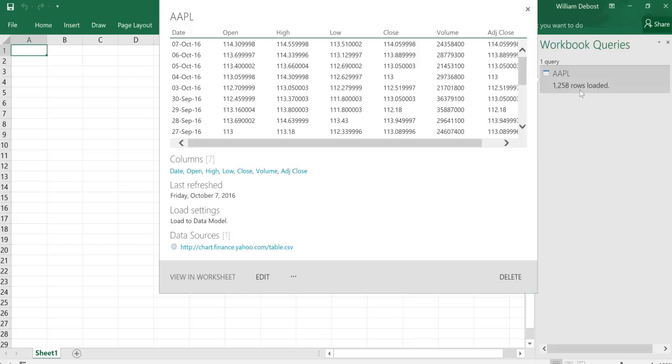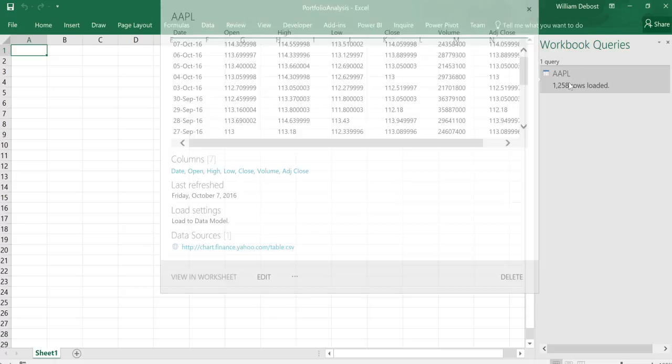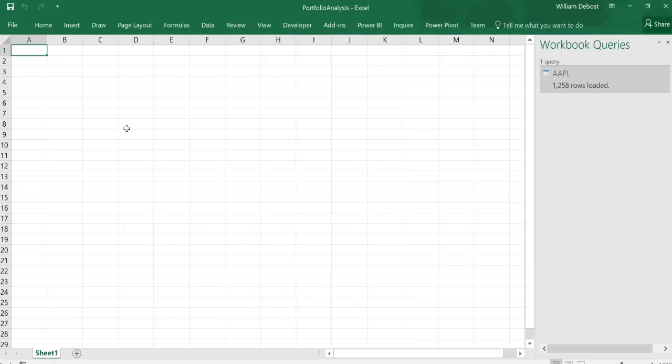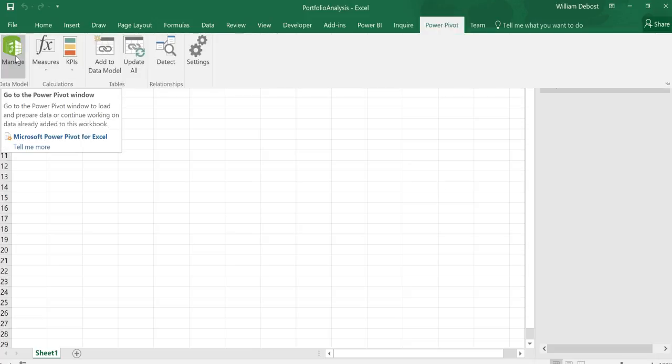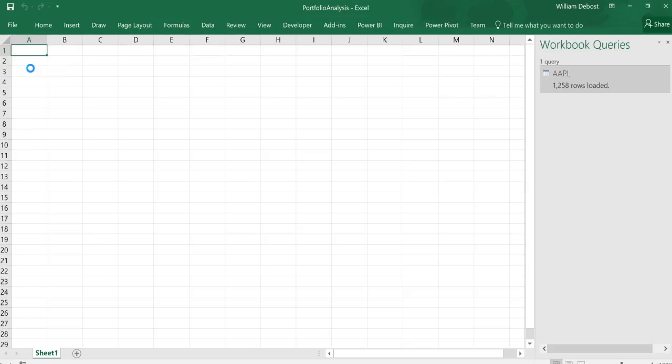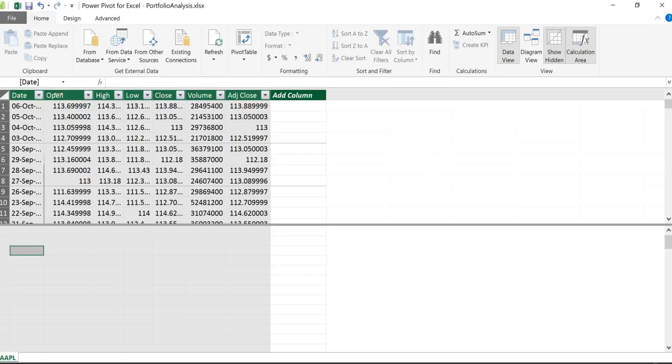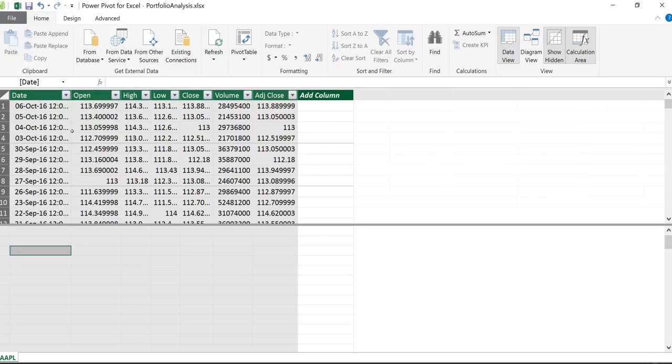So this has 5 years' worth of historical data on Apple stock price. And then what we did is we uploaded this raw data into our Power Pivot data model. So if I open up the Power Pivot window with Manage, this is our raw data table now sitting in the data model. So the objective of this session is to really briefly finalize the querying phase, which